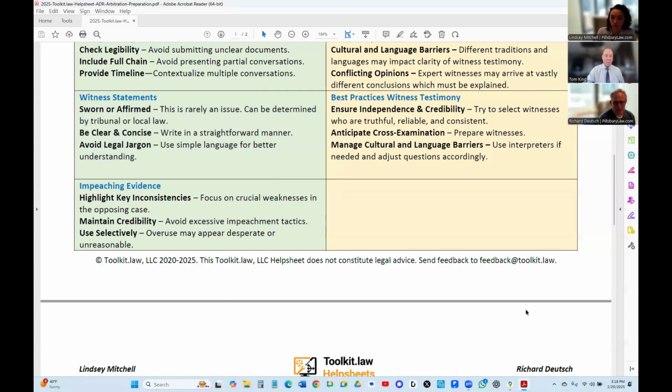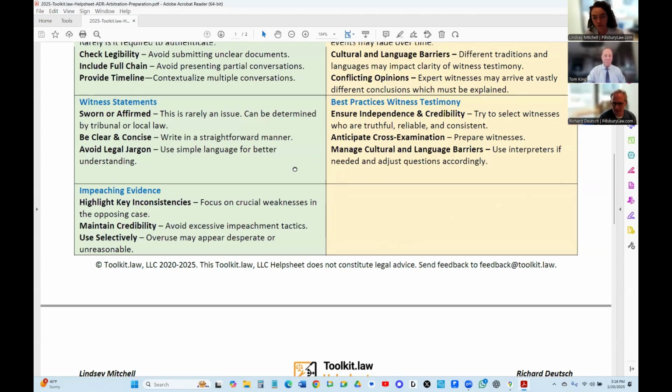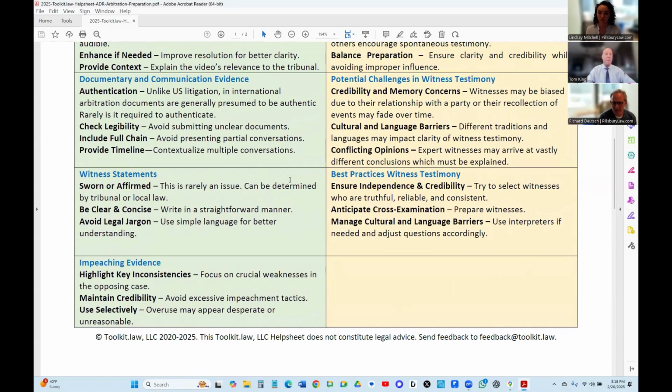So that witness statement has to be done in a certain way that the arbitrators again are expecting, and the details for how that's done will also be in the procedural order. There's a few cultural things to think about when you're drafting this and you've got people from different jurisdictions around the world, maybe some language issues. I would draft these witness statements, don't be cute, don't be overly ambitious. Just keep it straightforward and stick to the facts. Not only does it make it easier on the arbitrators, but a practice tip: the more the witness goes off the reservation, the more chances they could walk into a trap